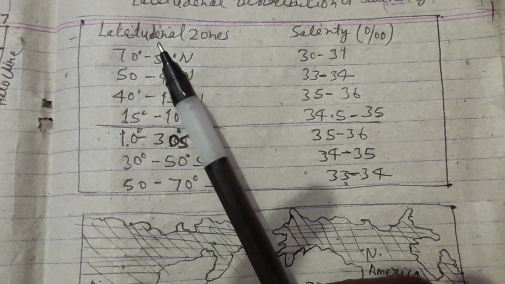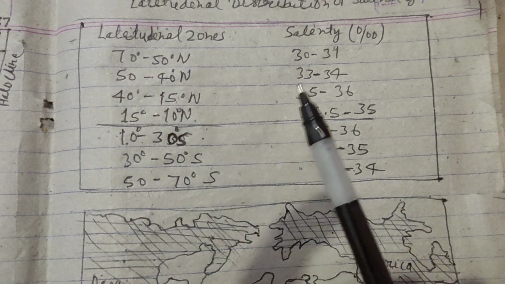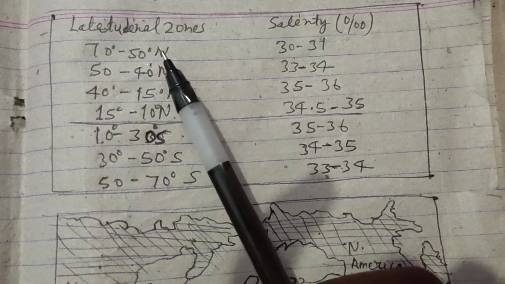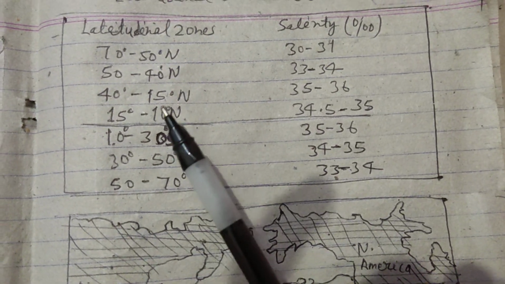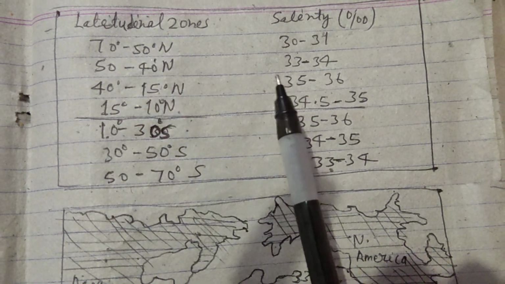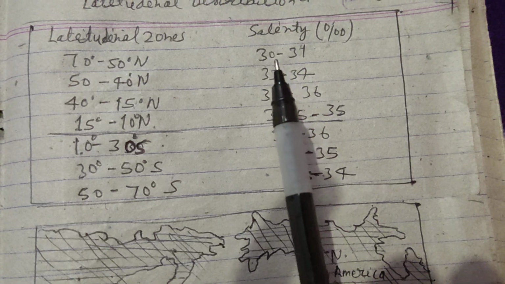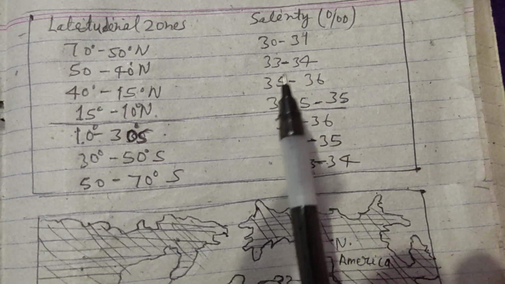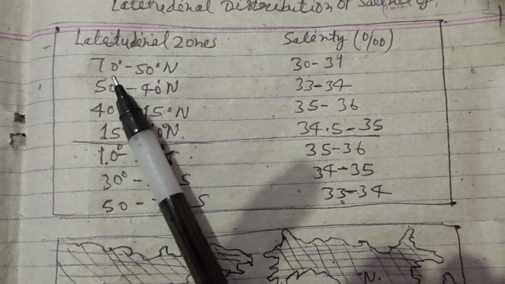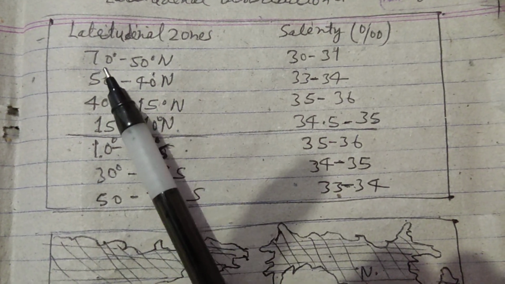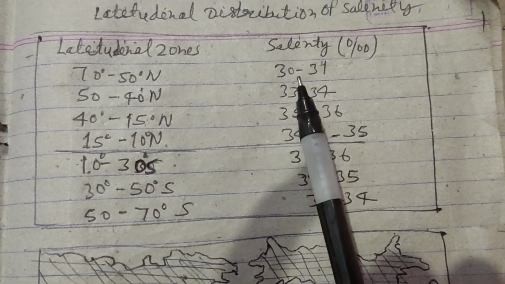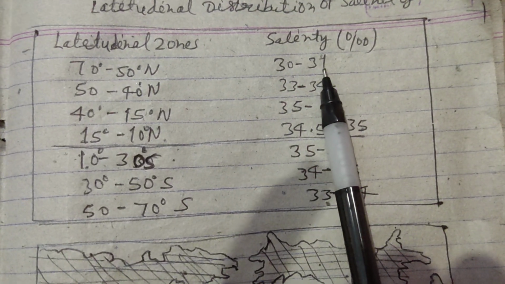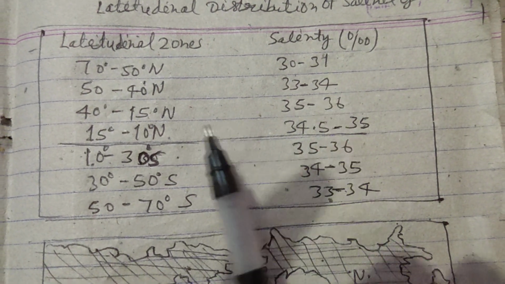This is the 50 to 70 degree north latitude, and as you go from lower latitude to high latitude, salinity is reduced. You can see here on the 50 to 70 degree north latitude, salinity is very low, 30 to 31 gram per thousand,